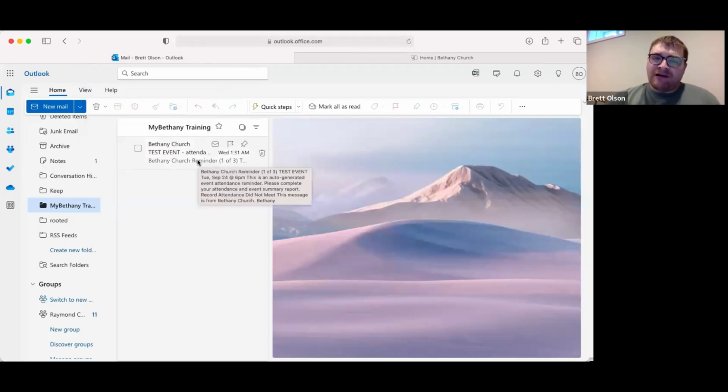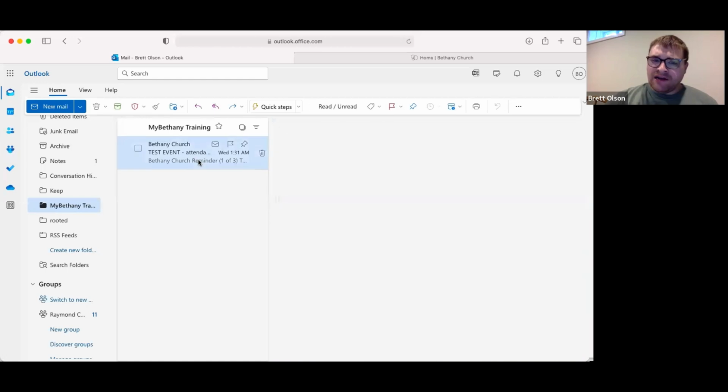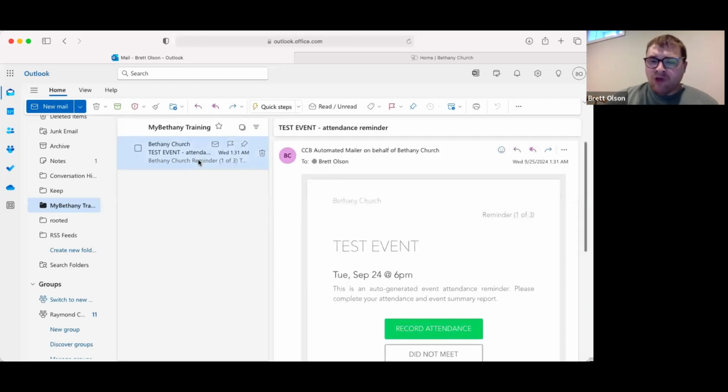So you'll see we have a test event and an attendance reminder here. Each morning after your group meets, you'll see that this email was sent on Wednesday at 1:31 a.m. The system will automatically send you an attendance reminder. You'll see in the top right corner that you'll receive one of 3 reminders, which means that each day that you don't fill out attendance,